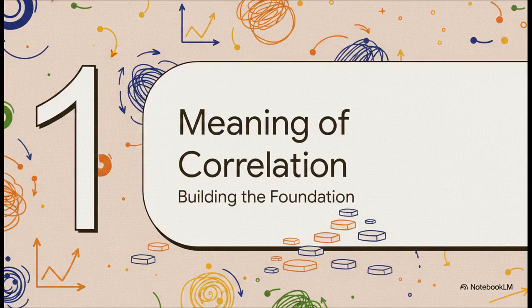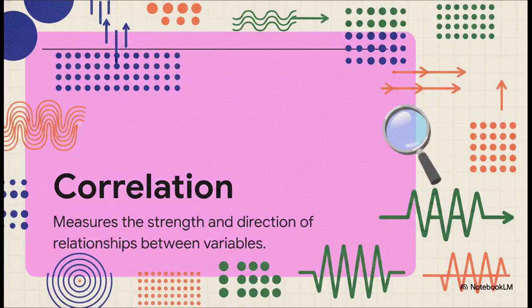Okay, let's dive into our first section, the meaning of correlation, where we're really just building the foundation. Now, what's really fascinating about this concept is just the sheer elegance of it. Correlation does something incredibly specific, yet absolutely powerful. It measures the strength and the direction of relationships between variables. That's really the core of it. Its primary job is simply to find the hidden patterns buried inside all that chaos. Think of it like a radar. It's constantly scanning and telling us, hey, when this one particular thing changes, does this other thing change too? And even more importantly, how strongly are they marching to the exact same beat?